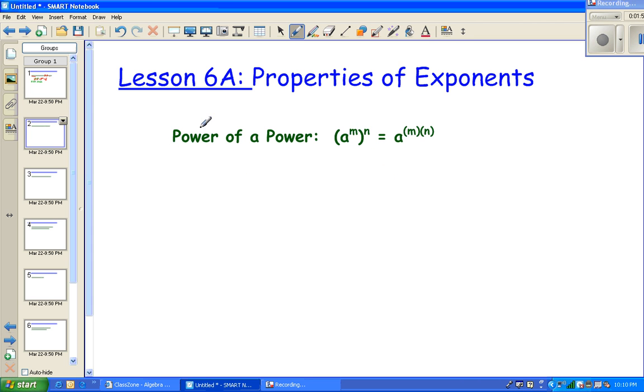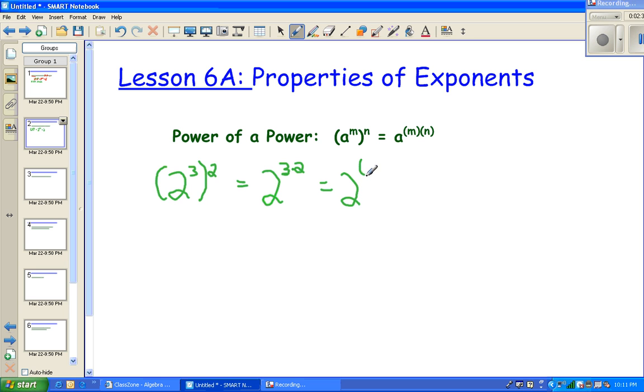Okay, the next one is a power of a power. So here you have 2 exponents written directly next to each other. You would keep the base and multiply those things. That's why it's called a power of a power. You have a power being raised directly to another power. Keep the base, multiply the exponents. So in this case you would have 2 cubed